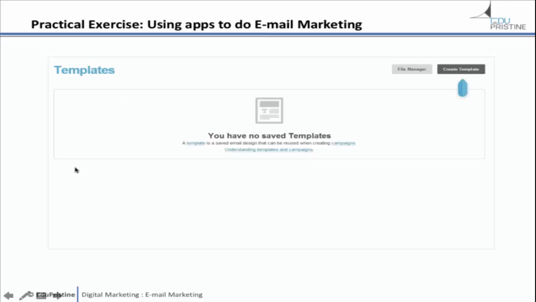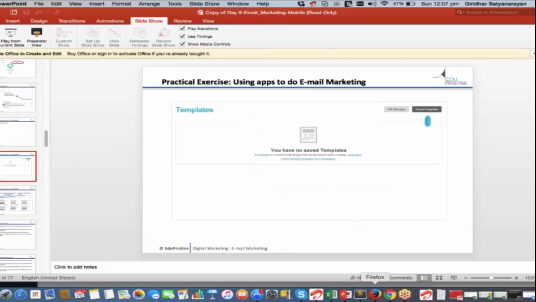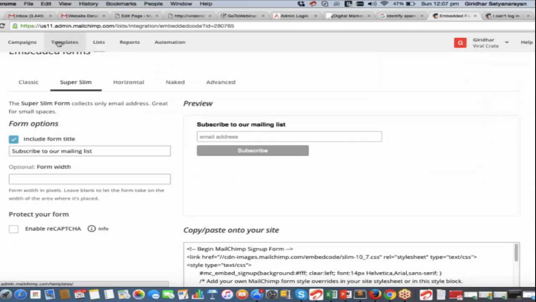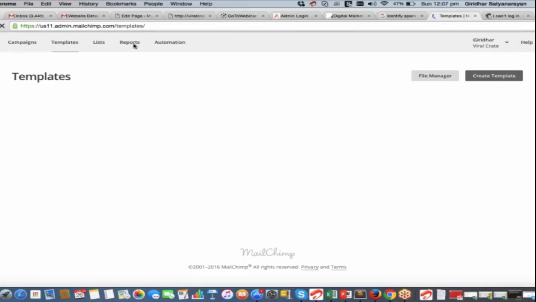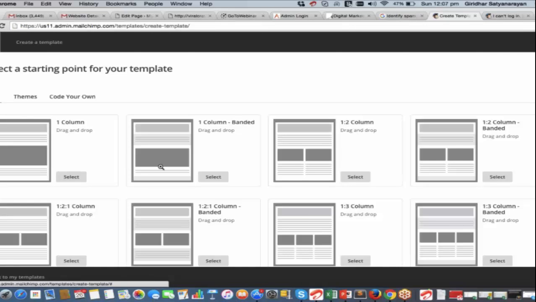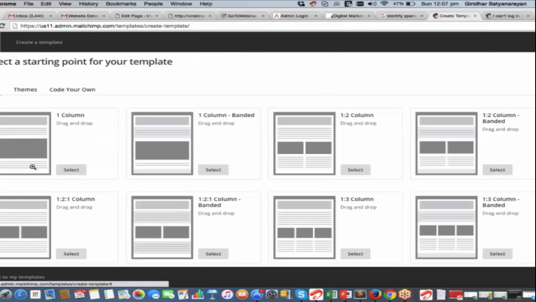So if you go to templates, which means if I come here to MailChimp and then go to templates, I can create my own set of templates. You can just say create template. Either I can have this format that I can see here and then edit it, or I can use certain themes that are already there. So if I say e-commerce as one of the themes,